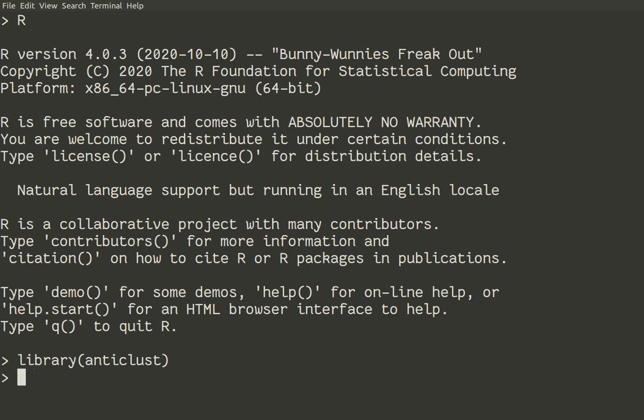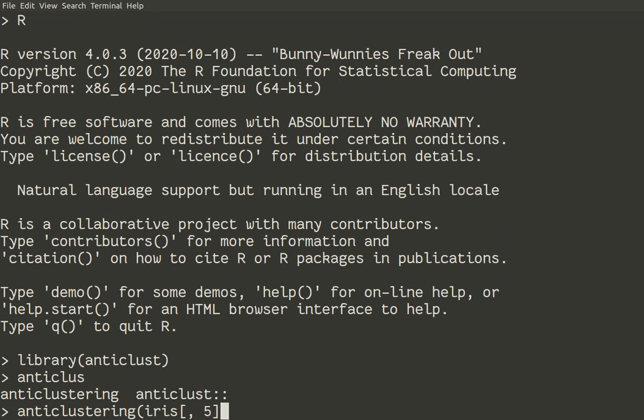The function is anti-clustering, and we'll make it on the same example of the iris dataset, like I did for almost all my machine learning examples, without column number 5, which is the species name column, and I will specify the number of anti-clusters,